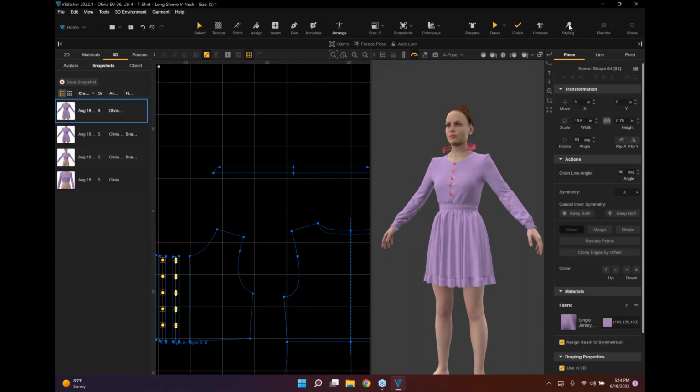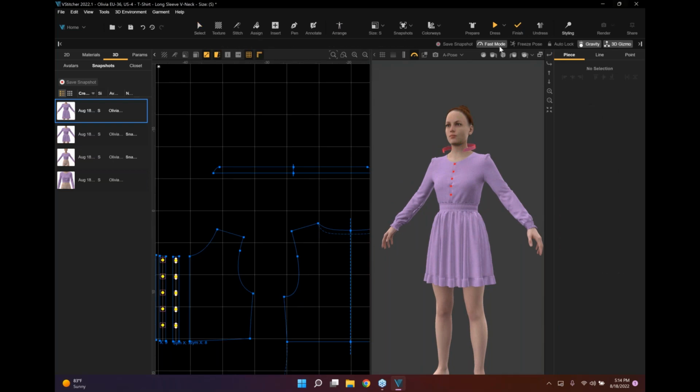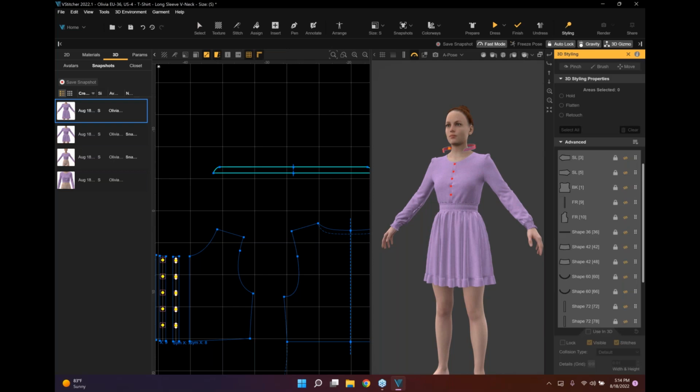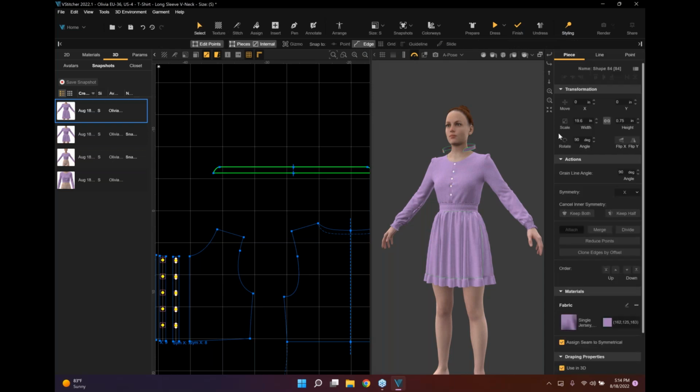And at this point, I do maybe want to lock my garment again because I don't want that neckband to pull up the rest of the garment as it simulates. So I'm just going to uncheck use in 3D, and then recheck it. Okay, and now we want to